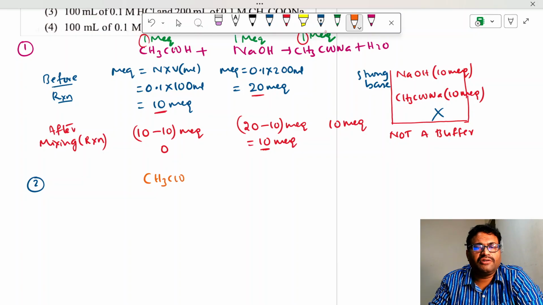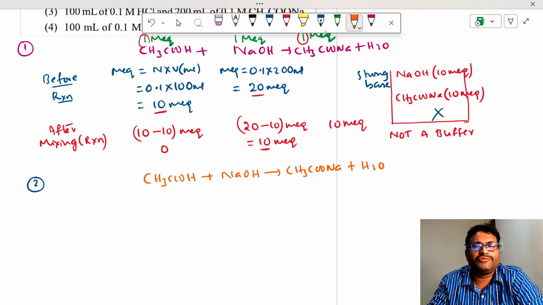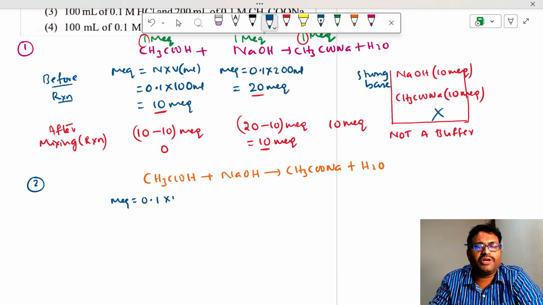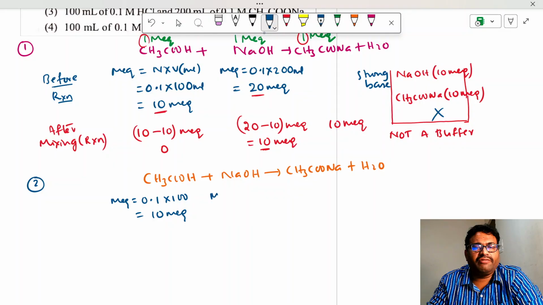CH3COOH reacts with NaOH, giving rise to CH3COONa plus H2O. Okay, so let us take milliequivalents of CH3COOH is 0.1 N into 100 ml given, that is equal to 10 milliequivalents. Here milliequivalents of NaOH is equal to 0.1 into again 100, this is also given 100,